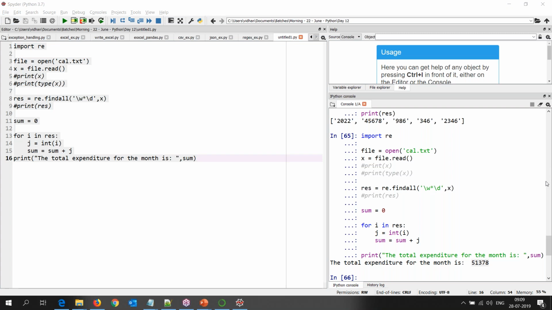Import os, import re, and then open the file. You are opening a file in write plus read mode. Okay, you're writing by yourself. Read \w straight, okay, will work. You're getting an empty list